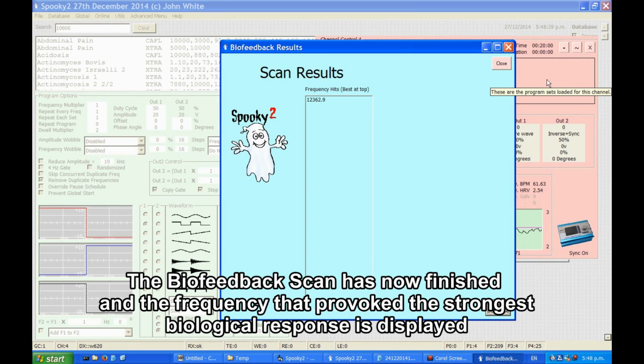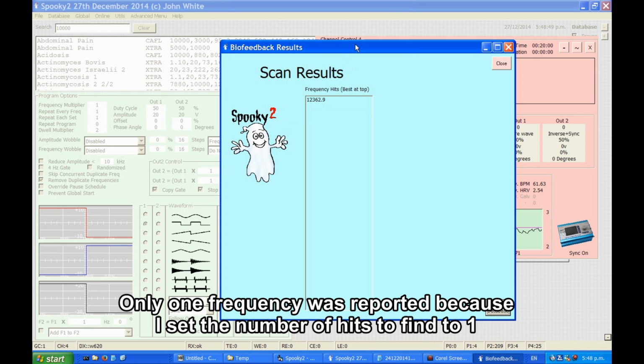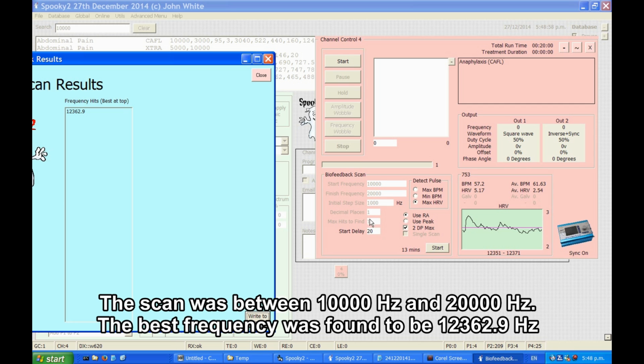The biofeedback scan has now finished, and Spooky2 is showing the scan results. The result is 12,362.9. It's given one frequency as a result because I said to only find the maximum hits to find is 1. The scan was between 10,000 and 20,000, and so the frequency that was detected as being the best frequency was